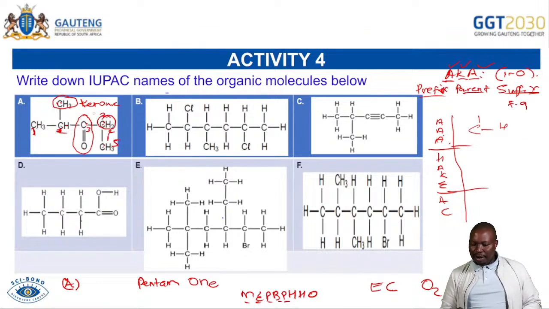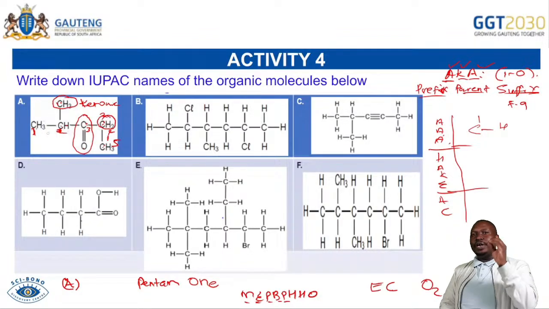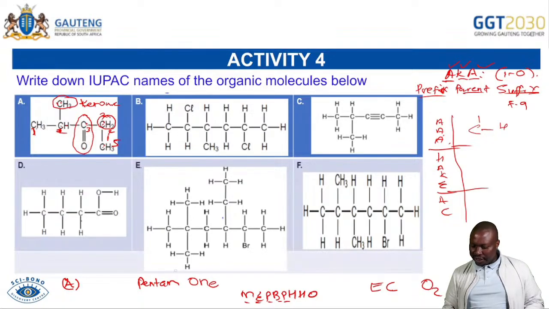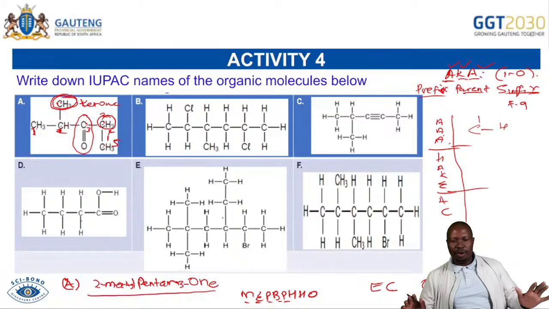I think you have understood why we're numbering from the left going that side. We're numbering from the left because we're numbering closest to the substituent. In terms of preference, we'll always prefer the functional group first. Number 2, it will be a substituent. So the substituent is on carbon number 2. So we must say, okay, we're numbering going this side, which means the C double bond O is in carbon number 3. So it's pentan-3-one. Do you have any substituent? Yes, in carbon number 2 we have a methyl. So we'll call this 2-methylpentan-3-one. I hope you enjoyed that one.